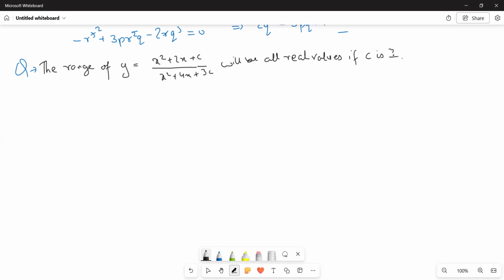If the range of y equal to x square plus 2x plus c by x square plus 4x plus 3c will be all real numbers if c is equal to